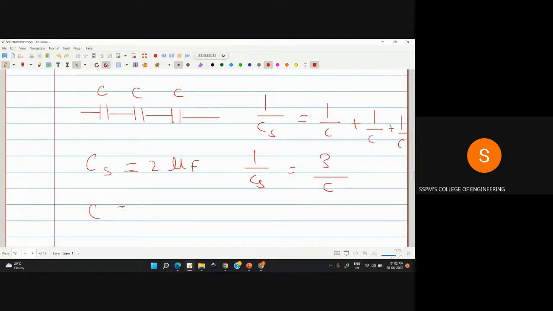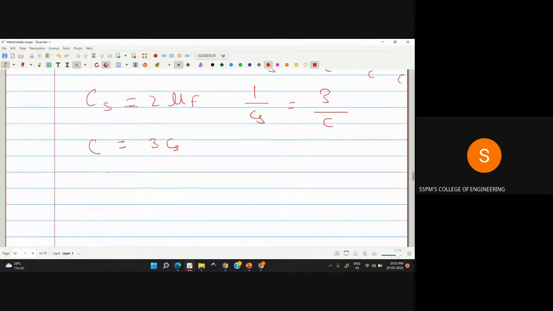C is equal to 3 into CS. So individual capacitance is 3 into 2 microfarad, which will be 6 microfarad,